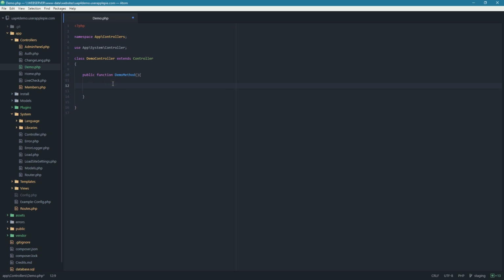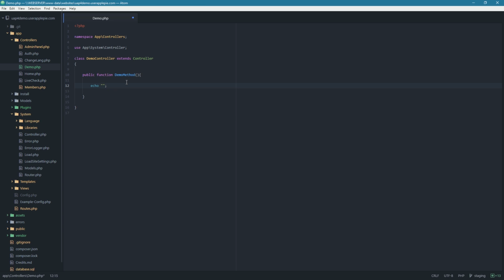Kind of like selecting which user profile to open or what page to open, and so on and so forth. Just look through the other controllers and get an idea for what you can do. There's more you can do than what's in there, but as I said, I'll make videos about that in the future. So now, just so that we can test this method, we're going to echo